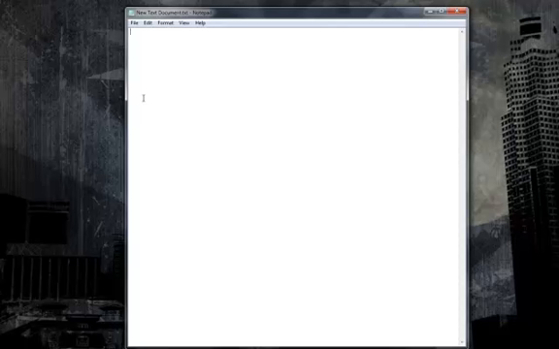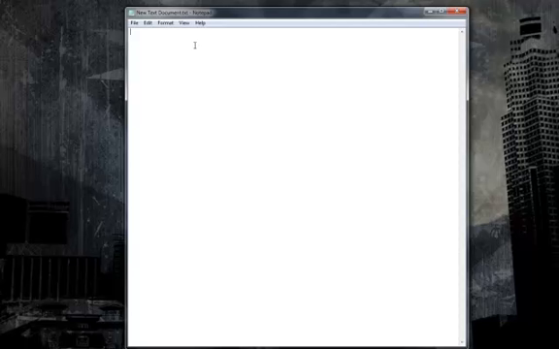You can open up a blank text document, whether it be Notepad or Text Wrangler, depending on whether you're on a PC or a Mac. And the first thing we want to do is add the doc type. Now, what exactly does that do? The doc type tells the browser what to expect, what type of HTML document it is. Now, there are certain doc types for different versions of HTML. You may have heard that